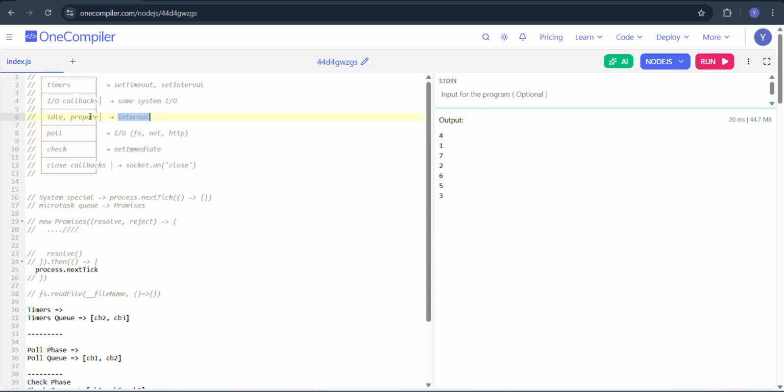Idle, prepare, just forget this. There are no IO callbacks, system IO callbacks, because it's a browser environment and cannot talk with the internal system. There are just timers. So it makes sense to have just one queue, the macrotask queue, in the browser environment. But if you are talking about the Node.js environment, there is no one queue. There are multiple queues, as we discussed, and based on which phase the event loop is in, it decides which